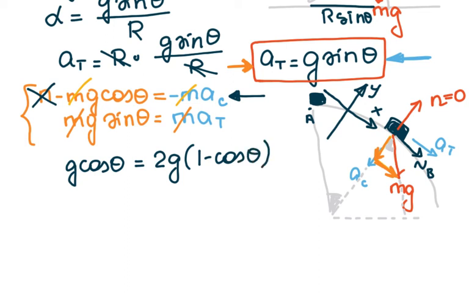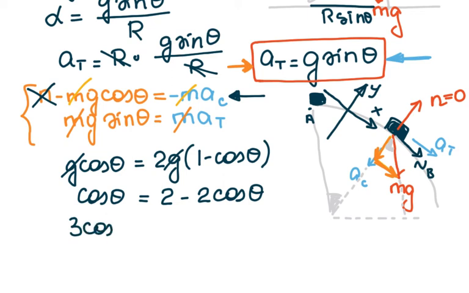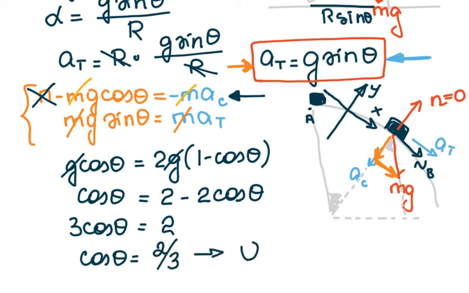They both have g's on both sides, so I can cancel a g and a g. And then what I have is cosine theta is equal to 2 minus 2 cosine theta. So I can move all the theta terms to one side. So I'm going to have 3 cosine theta here and 2 over there. Then cosine theta is equal to 2/3. And from here I can see that theta is equal to arc cosine of 2/3,